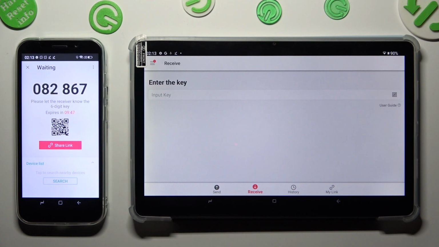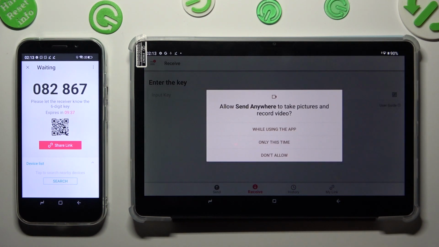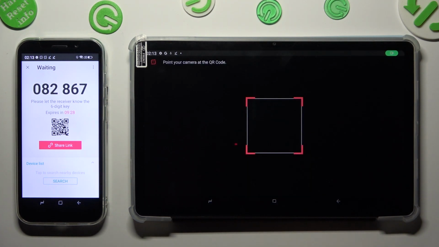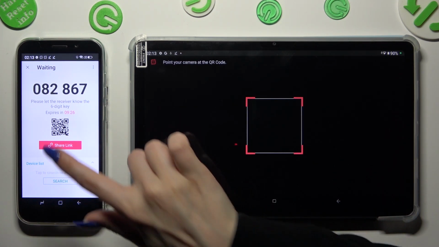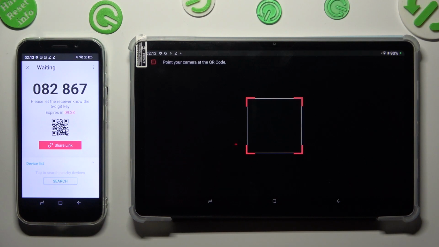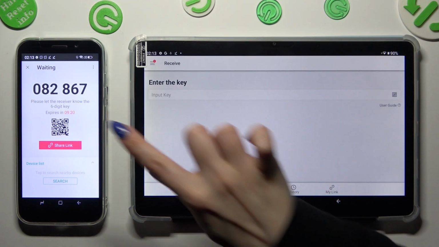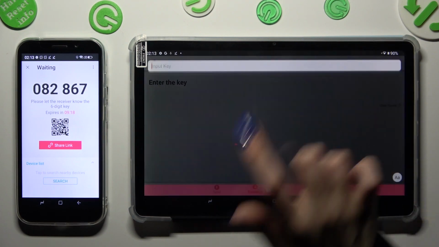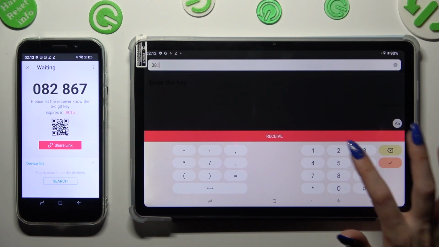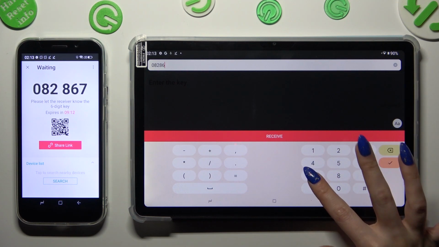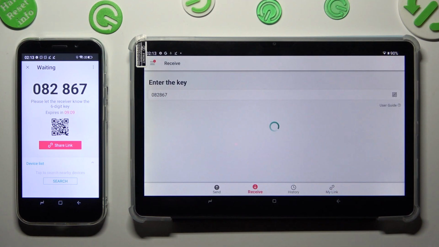If you want to connect using this QR code, tap on this scanning icon above User Guide on T20. Then click on While using or only this time to allow camera access, and point your tablet's camera at the code. If you don't want to do that, you can always input this key in Input Key section and connect thanks to Receive button. So when I click on it,